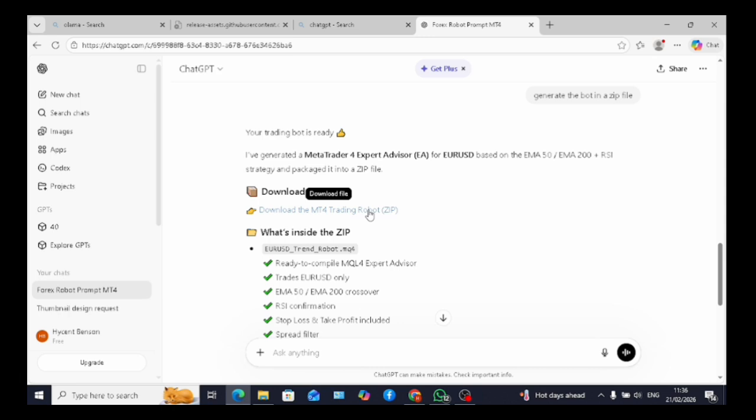a zip file. So the next thing you do after downloading your zip file is to head over to your trading platform. Now, if you don't have a trading platform, you first of all have to download one, and you can download it from any broker of your choice. So just download a trading platform so that you can install this particular robot into the platform that you want to actually use. All right,